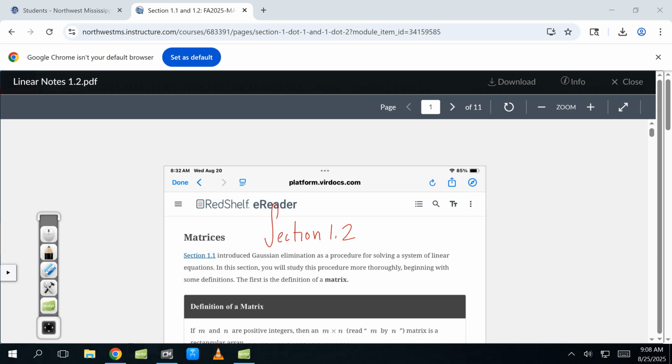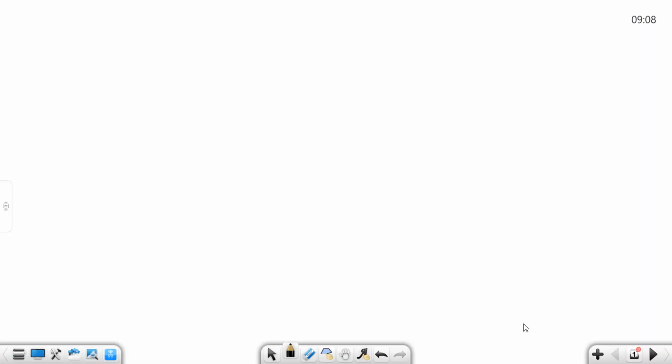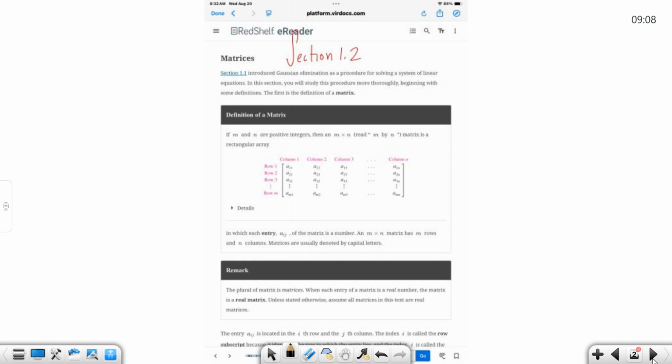Okay, so we're moving into section 1.2, and in section 1.2, we're going to take our systems of equations and turn them into matrices. And so matrices, let me get to the right page, and that would be helpful. There we go. So a matrix is made up of just numbers, and it has a certain size, and the